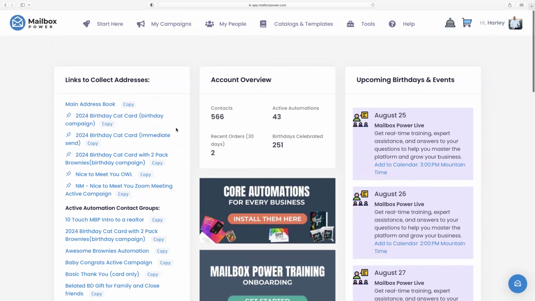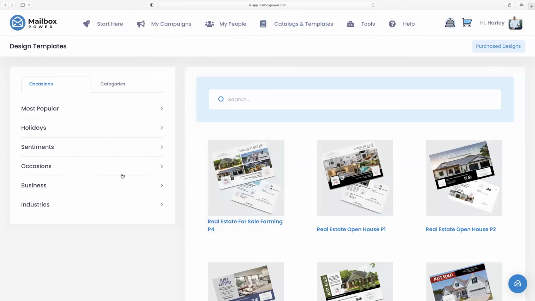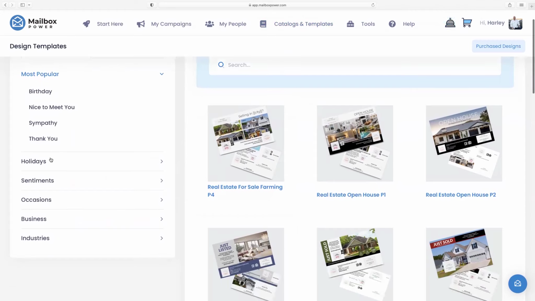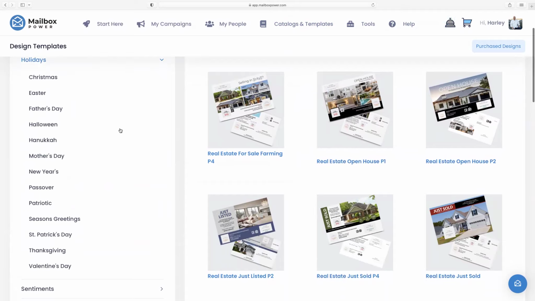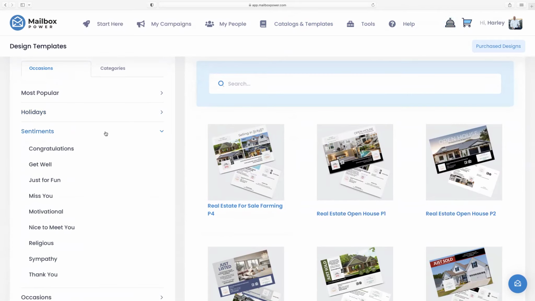I want to show you guys some really... Let's just go look at the catalog real quick. Let's look at design templates. So when you click on that, over here, you can go ahead and go most popular, birthday, nice to meet you, sympathy, thank you. You can go through those types of things and look at hundreds of cards that might work for you. All types of holidays that you can choose from, sentiments,